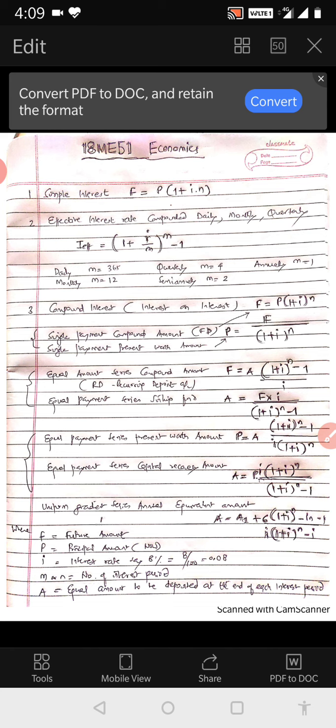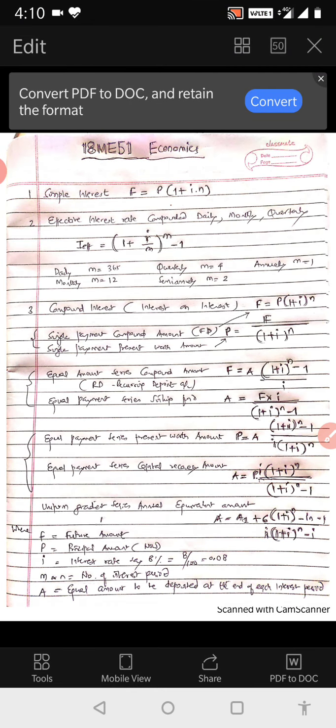I thought I will compile all the formulas used in this module 3 and explain them once again, so that they are not only useful for your module 3, but they are also useful in life, like how to calculate the rate of interest for fixed deposit, or how to calculate the rate of interest for RD, recurring deposit accounts, or how to find out the present worth amount. These are important for real life applications also, and also in the next module, module 4, these formulas will once again be used.